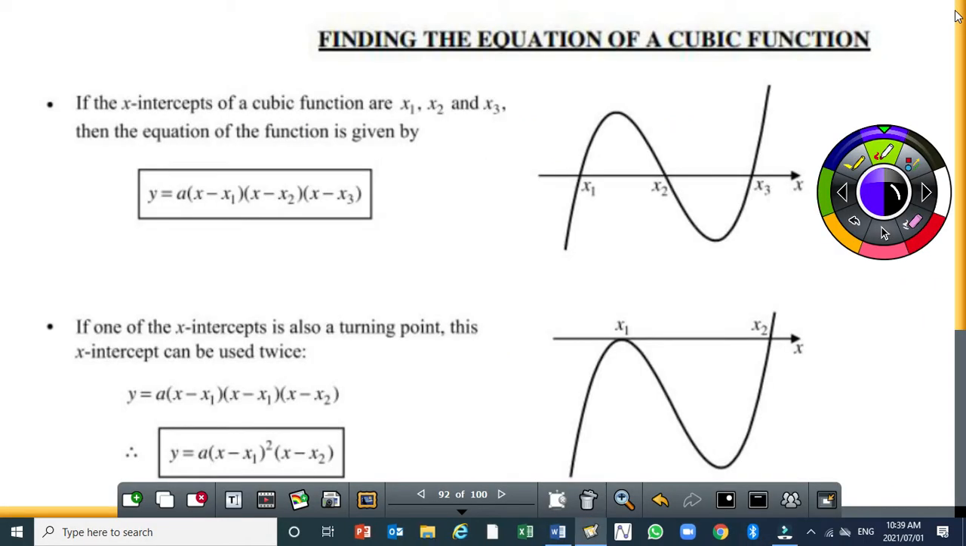Okay, the general equation of a cubic function, the one that you use to find its equation if you are given a graph already, is this one here. Y, okay, to be